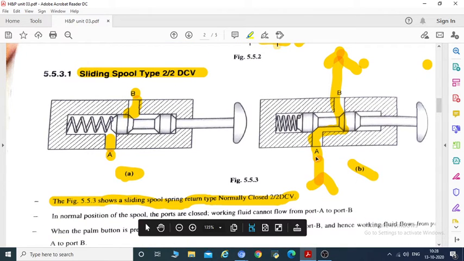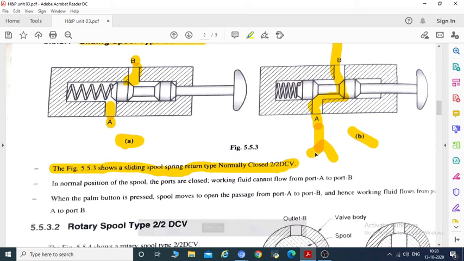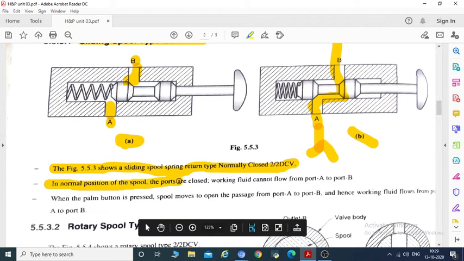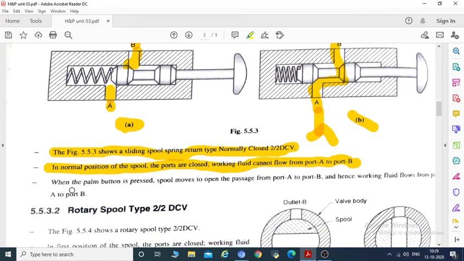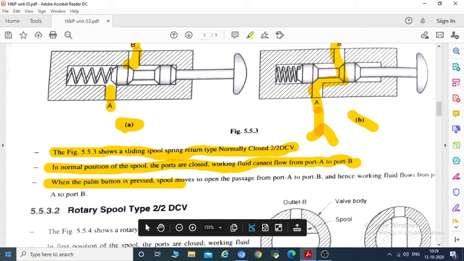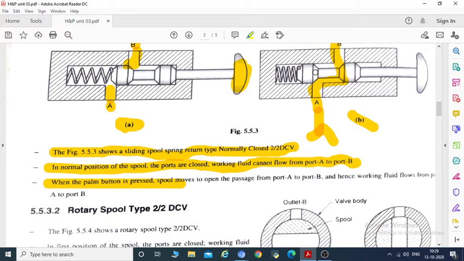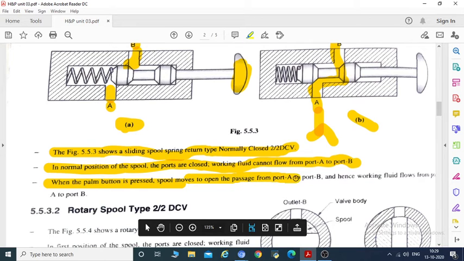You can see here the fluid can come from port A and move out from port B, or come from port B and move out from port A. In the normal position of the spool, the ports are closed, and working fluid cannot flow from port A to port B. When the palm button is pushed, you can see this is the palm button, and when we push it, the spool is displaced from this closed position and the way opens here. The spool moves to open the passage from port A to port B, and hence the working fluid flows from port A to port B here.